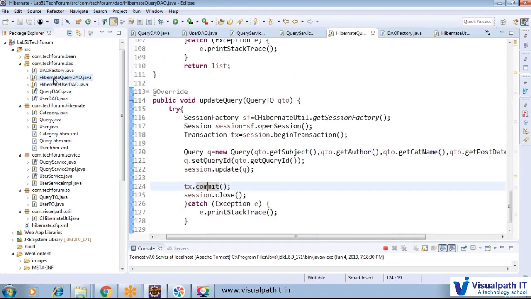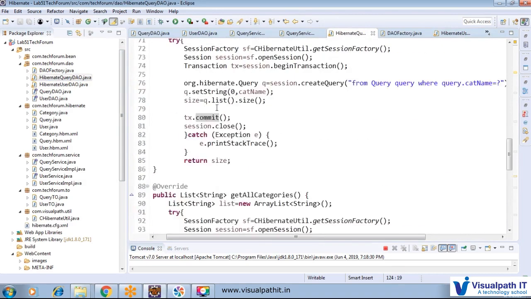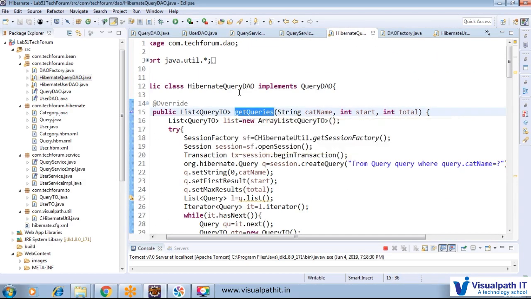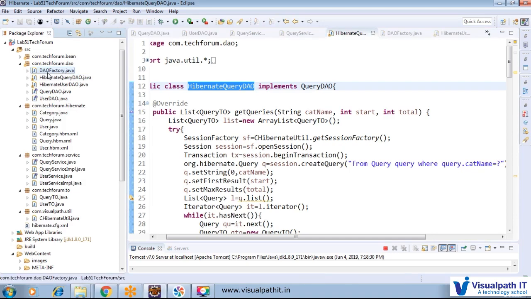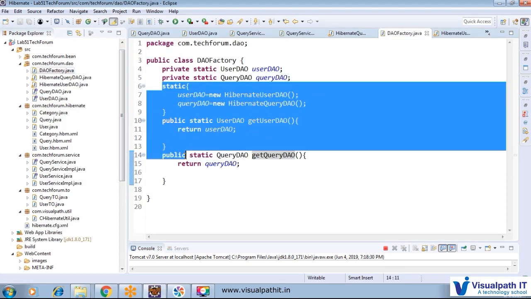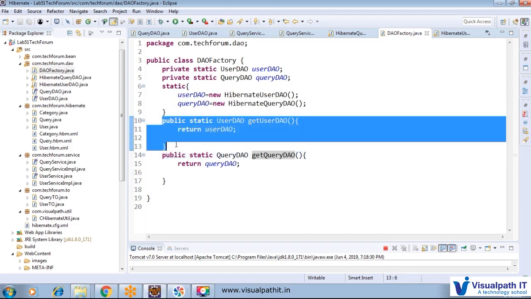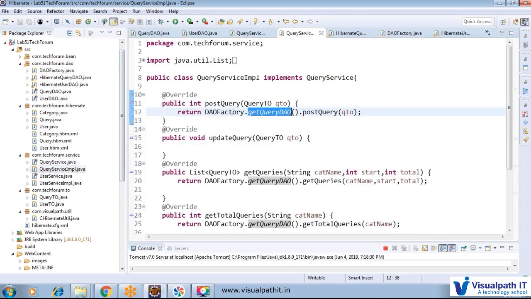Oh, hibernate query DAO, yeah. So we have a get query function here. First we will get an instance of that Hibernate query DAO. That instance will be provided by DAO factory. Here we have a static initialization and one method, that is a static method. Through that static method we will get that particular instance, and we will use that instance, DAOFactory dot